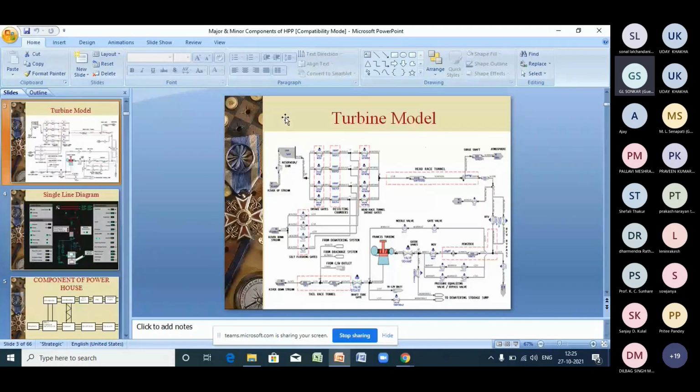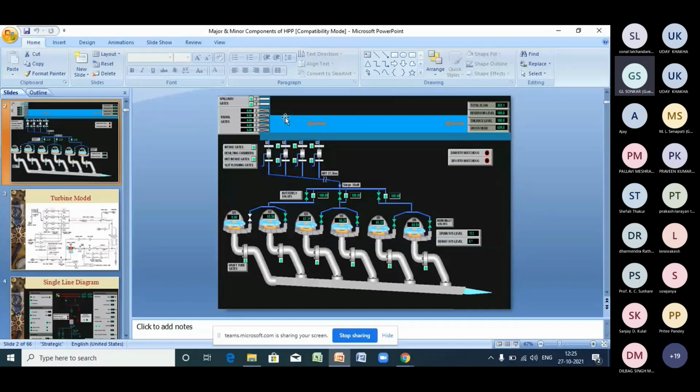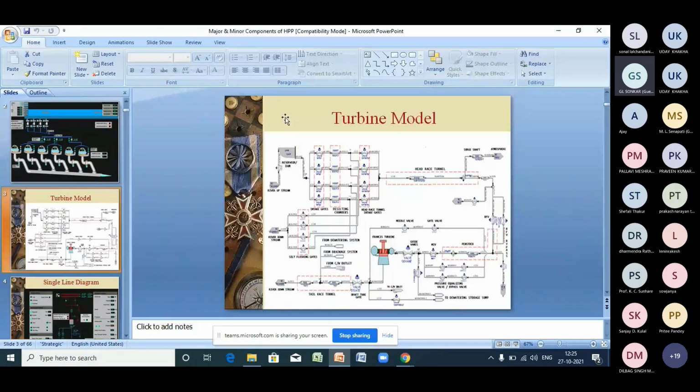This is the model we have in our simulator. The whole plant, we have 6 to 7 models. This is one model we have. Whatever you have seen in the previous slide, the layout, exactly that model has been formulated there. There is a lake and a valve, then your desilting chamber, then your HRT, the adit tunnel, then the source shaft, then the turbines, then MIV, then the MIV bypass system. Then you have downstream, then flushing gates. There are even some cooling systems, from where you get water from the downstream to cool the heating components.